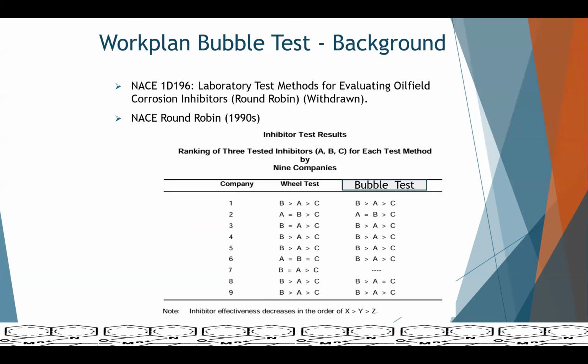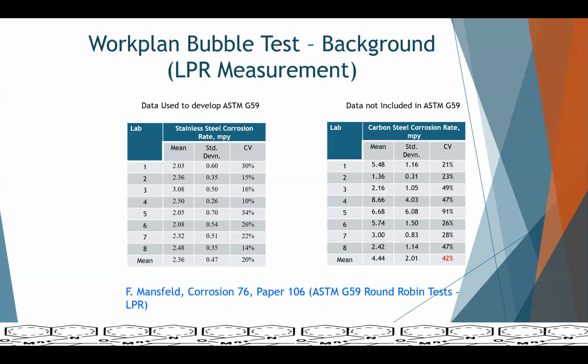This was done specifically for the oil and gas industry corrosion inhibitor evaluation. Independent of this activity, ASTM in the 1970s coordinated another bubble test, which they call the static test, basically to evaluate linear polarization resistance measurements. This activity was led by Dr. Florian Mansfield, and there is a paper also at AMP